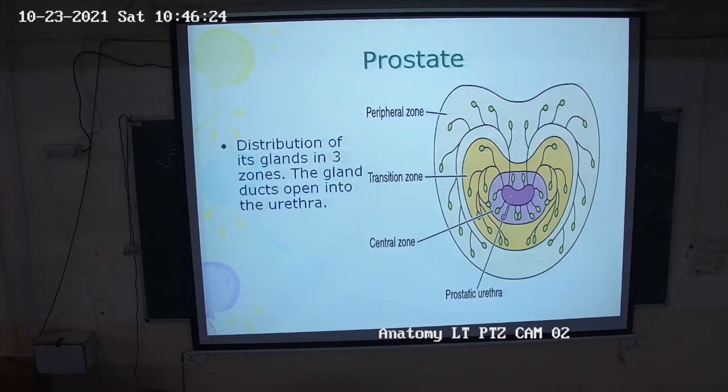If we take a cut section, there will be a fibromuscular part and a glandular part. The glandular part will appear the same as what we studied in the thyroid gland, but the epithelium is different here. The epithelium can be low cuboidal to columnar or pseudostratified. So you can say simple columnar or pseudostratified ciliated columnar epithelium. Now the secretions are present in the lumen, and in old age there is calcification of the secretion of the prostate gland which forms corpora amylacea. Okay. What does fibromuscular stroma mean?